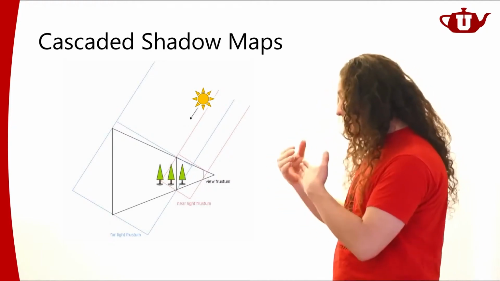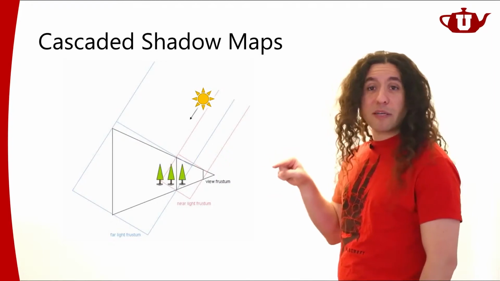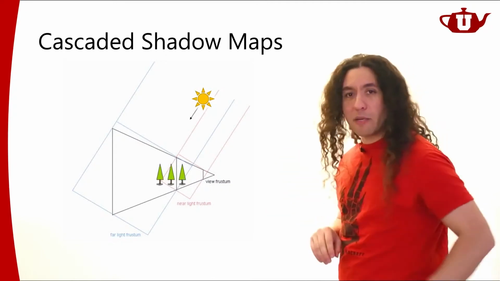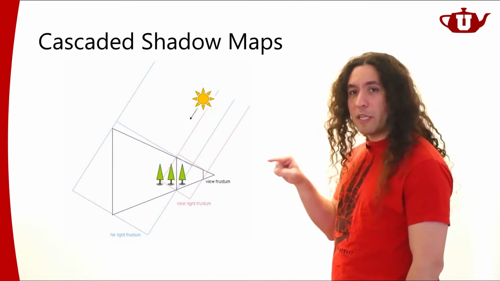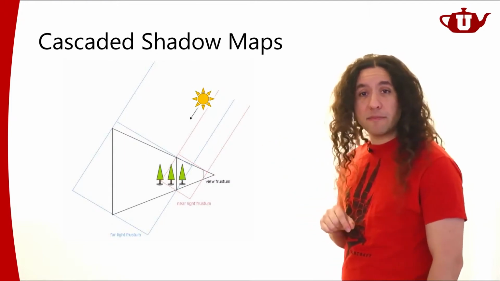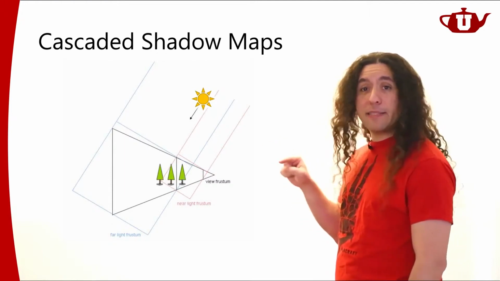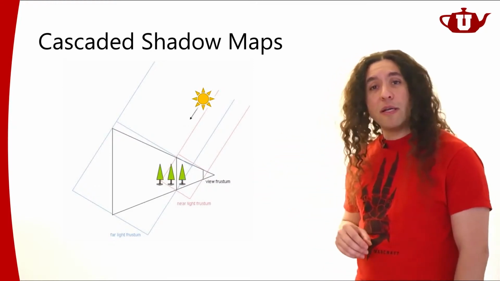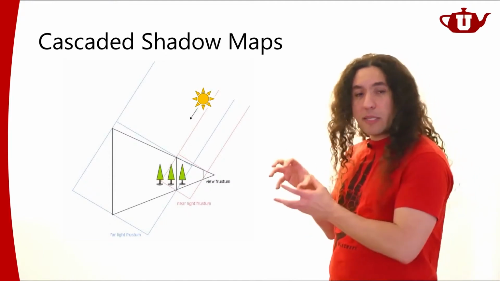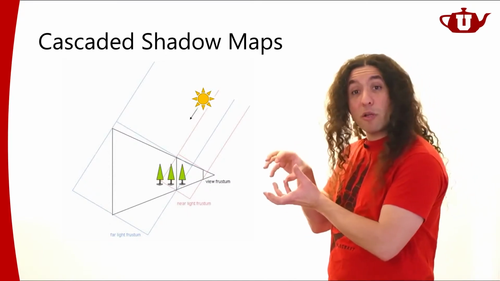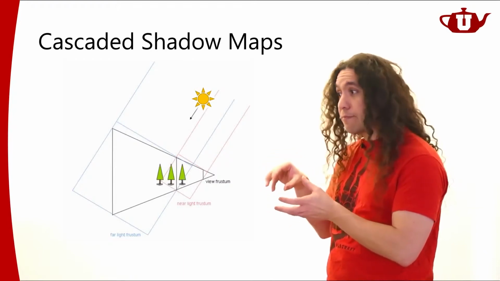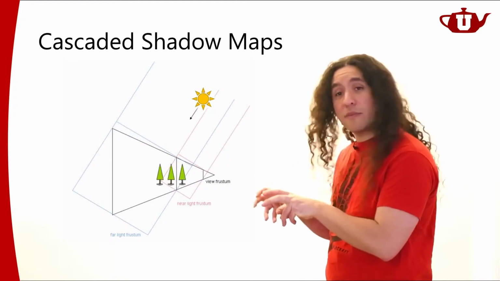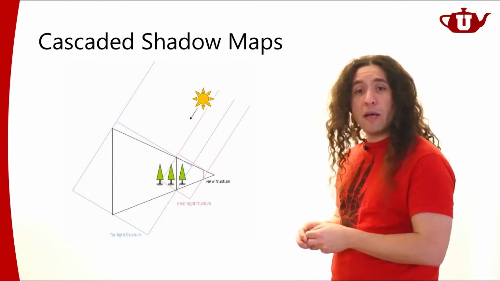I can put a bounding box around these different segments. So the first segment, like I said, it's the near part of the scene. I can put a bounding box around it. And then the next segment is the far object. I can put another bounding box around it. And I can compute a shadow map for the near segment, another shadow map for the far segment. Right? And I can pick a different resolution for near and different resolution for far. Even if I use the same resolution, the near one is going to be representing a relatively smaller part of the scene. So my shadow map pixels are going to be distributed to a smaller part of the scene.